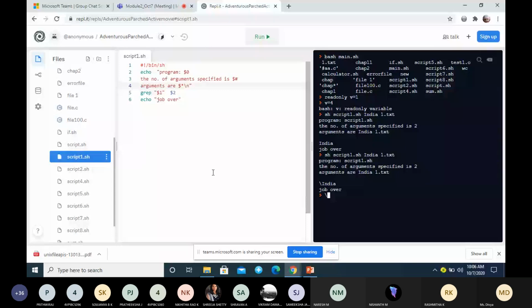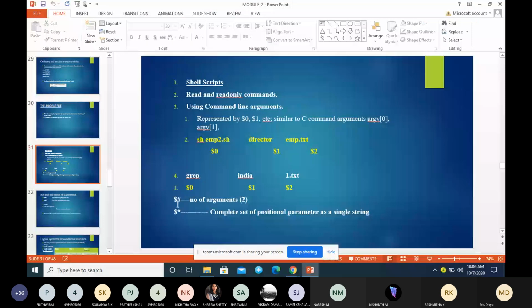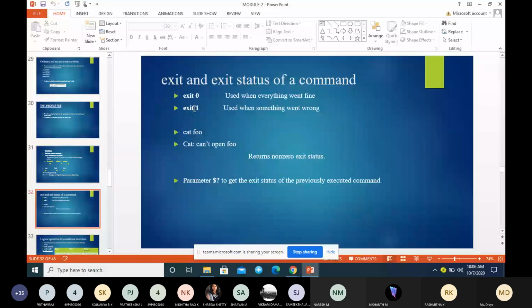So moving on to the next topic, exit and exit status of a command. We have studied exit in C. Why is exit used in C?